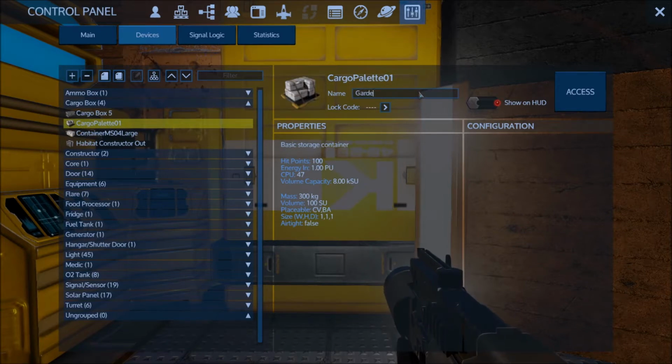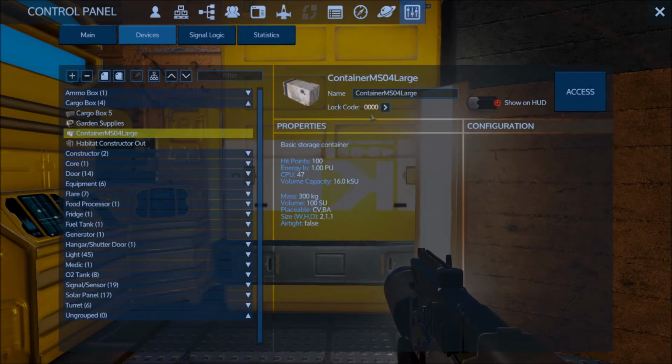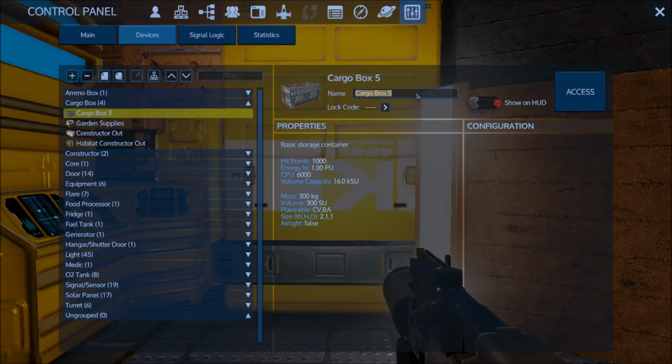This will be garden supplies. This one is constructor out. That's the one right in front of me. This one is